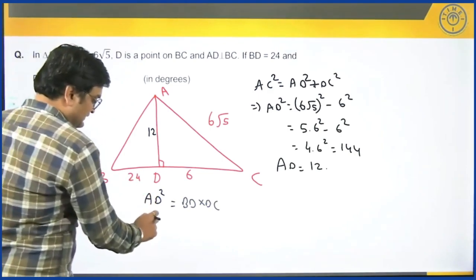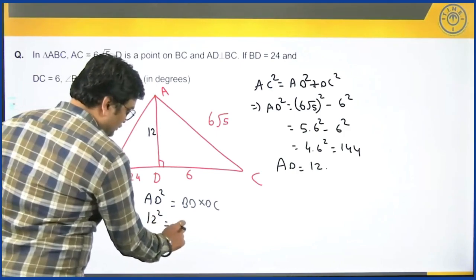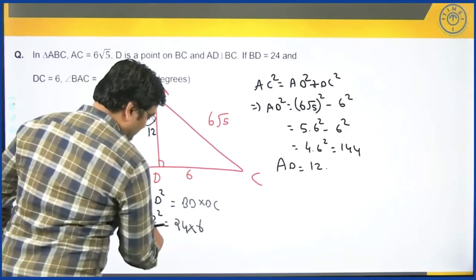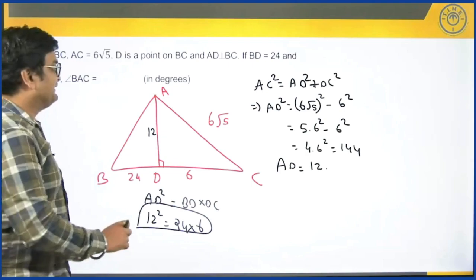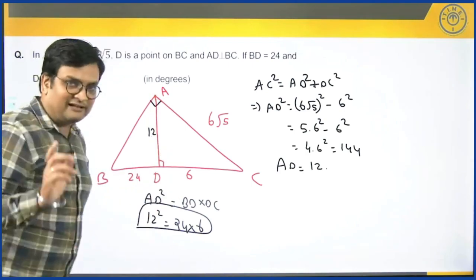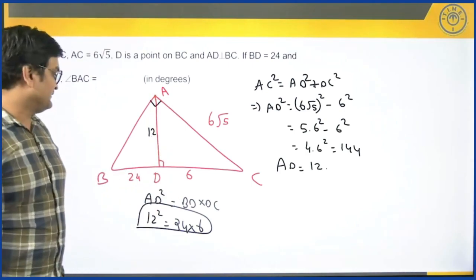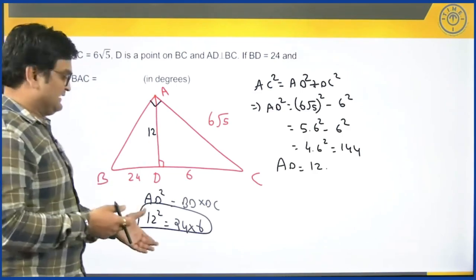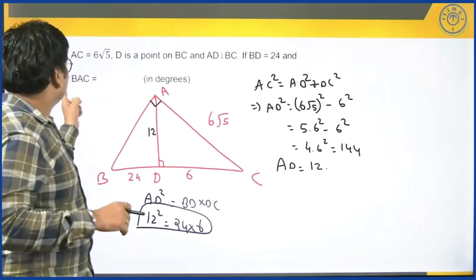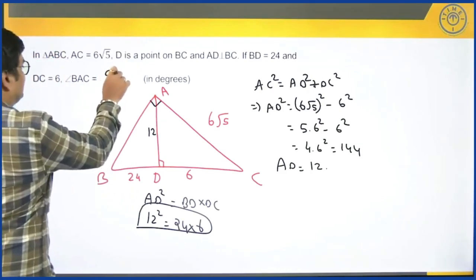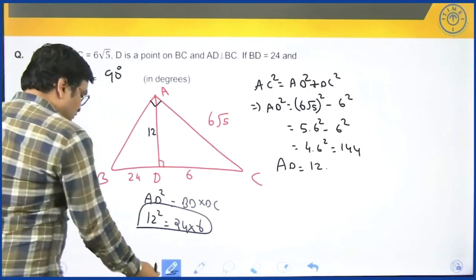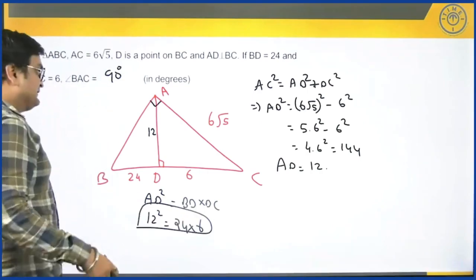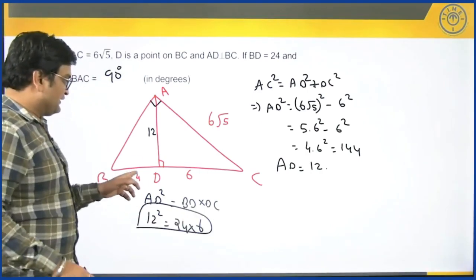And if you notice here, 12 square is 144, 24 into 6 is also 144. Thus can I say this angle A here must be a right angle? It should be 90 degrees. Right? So he's asking us angle BAC, it's 90 degrees. That's the answer. Another way of going about answering this could be, so once you get 24 and 12,